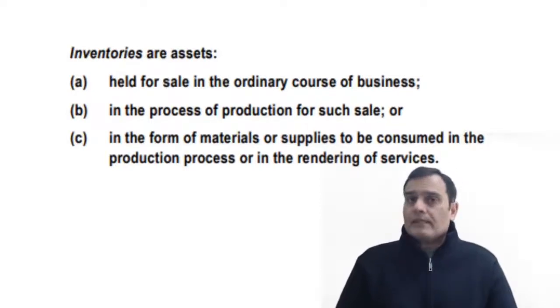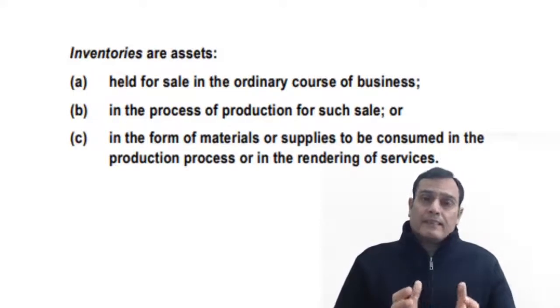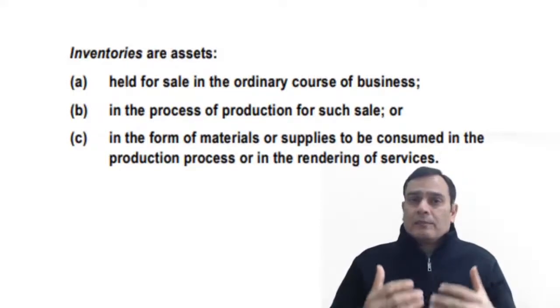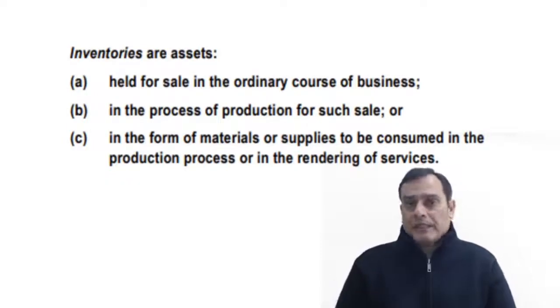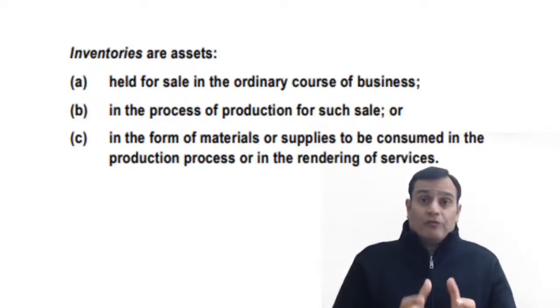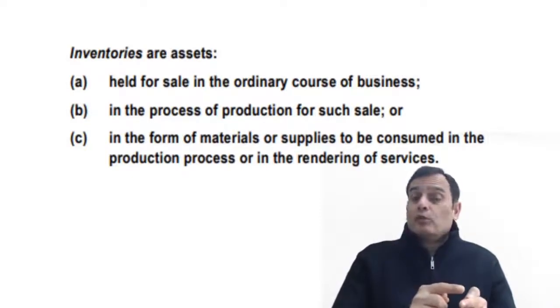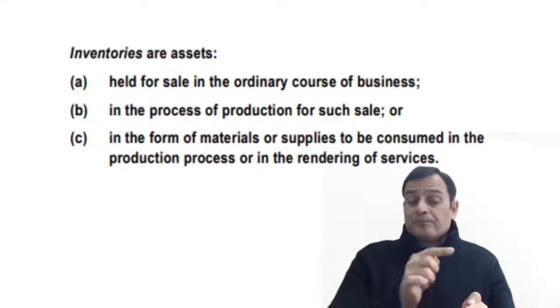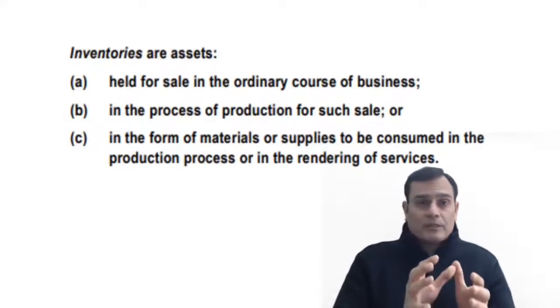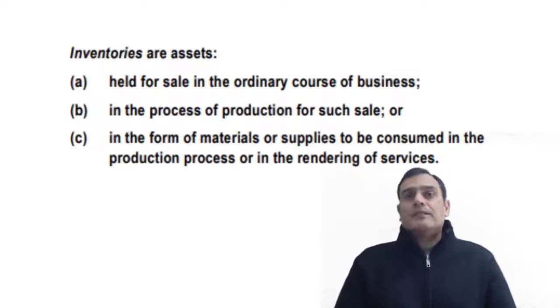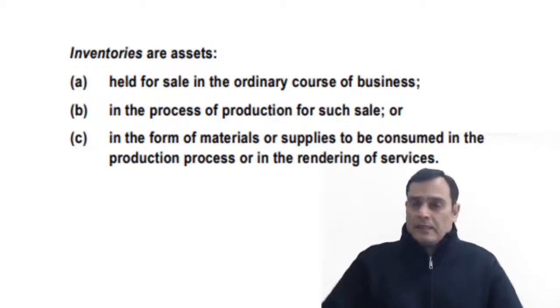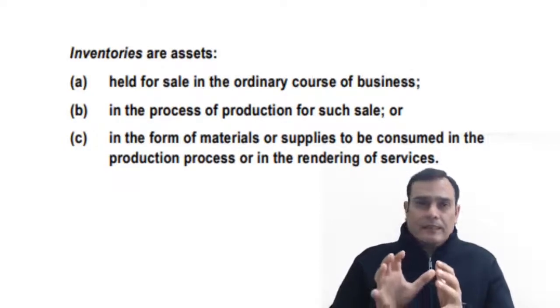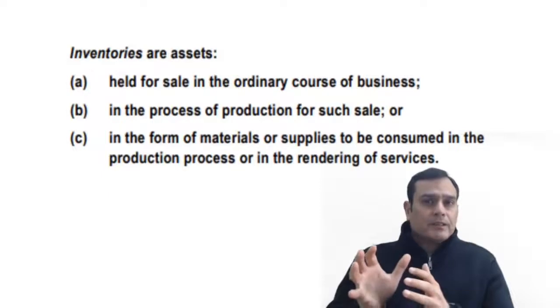That's one. Secondly, the word asset also means that it is going to give you economic benefits. Future economic benefits would arise. Inventories would give rise to future economic benefits when they are sold. So if I'm looking at inventories, I'm looking at two factors when I say it's an asset. One is the control, which stems out of the fact that either you prove a legal ownership or you prove that there is a right to restrict others from the use of the asset. And the second is getting future economic benefits. So once we've been able to prove that yes, the given item is an asset,